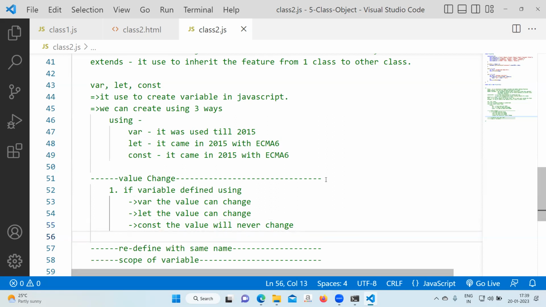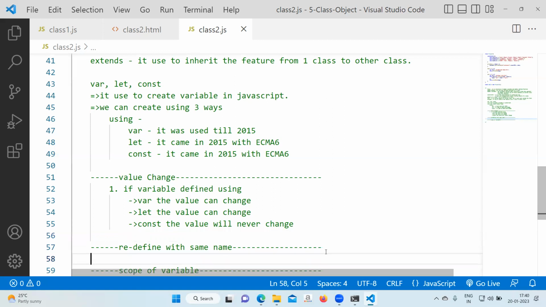Using var, if you are creating a variable, on the next line you can change the value. Correct? If you are using let, then also you can change the value. Using const, it is a fixed one. You cannot change the value during the current program. Okay. That is the difference from the value point of view. Value changes can be done or not. Okay. Next one, coming to the